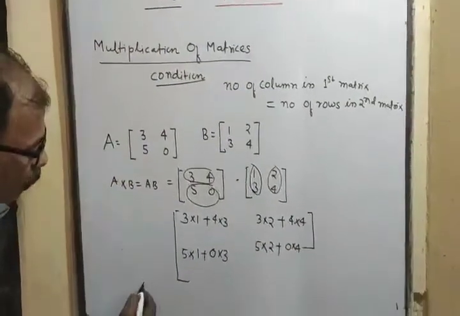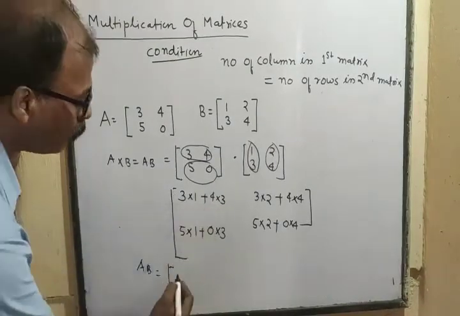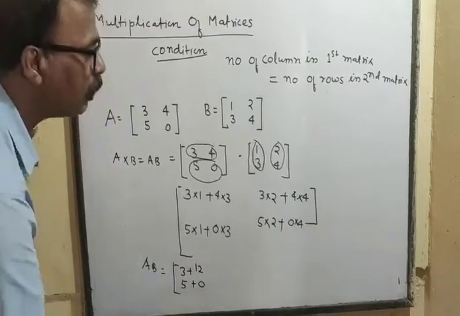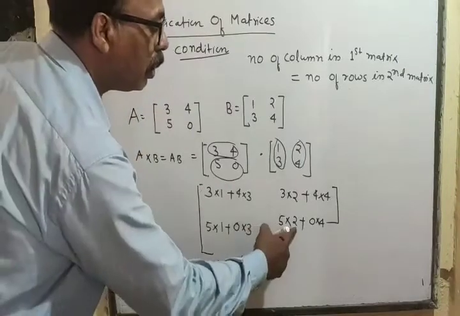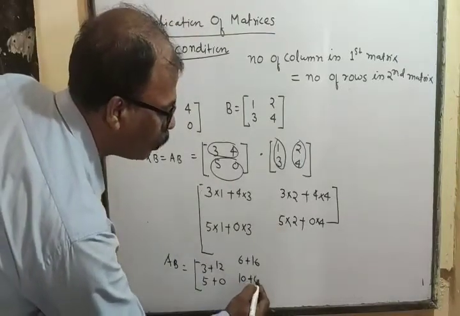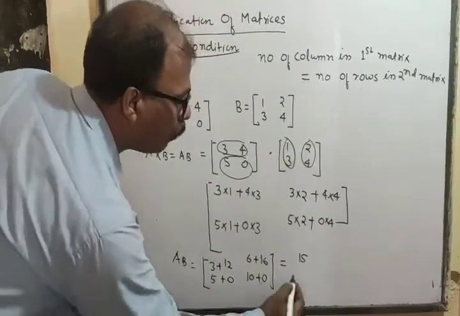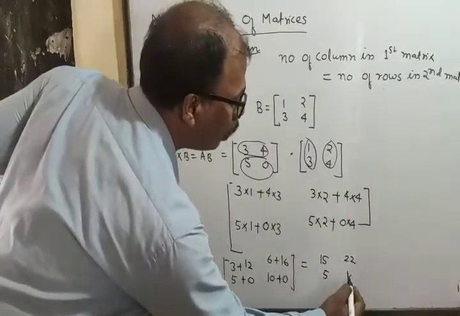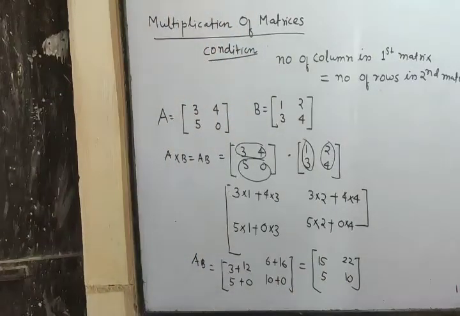So AB will come out as 3 into 1 is 3 plus 4 into 3 is 12, 5 plus 0, 6 plus 16 and 10 plus 0. So the result will be equal to 15, 5, 22 and 10. So you have to be careful that